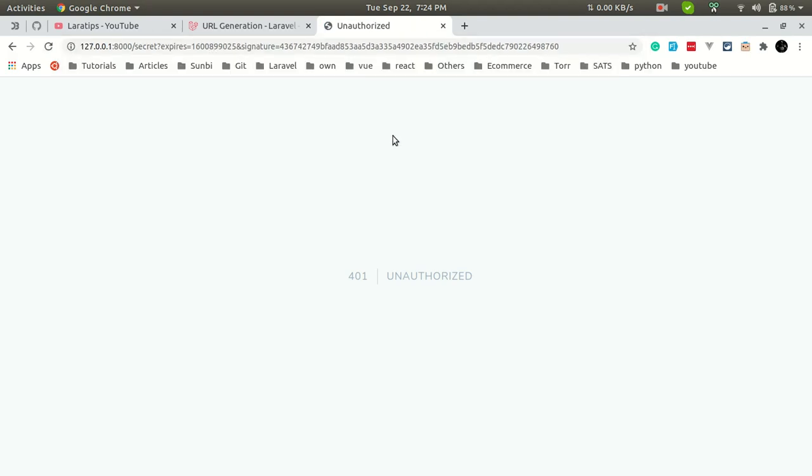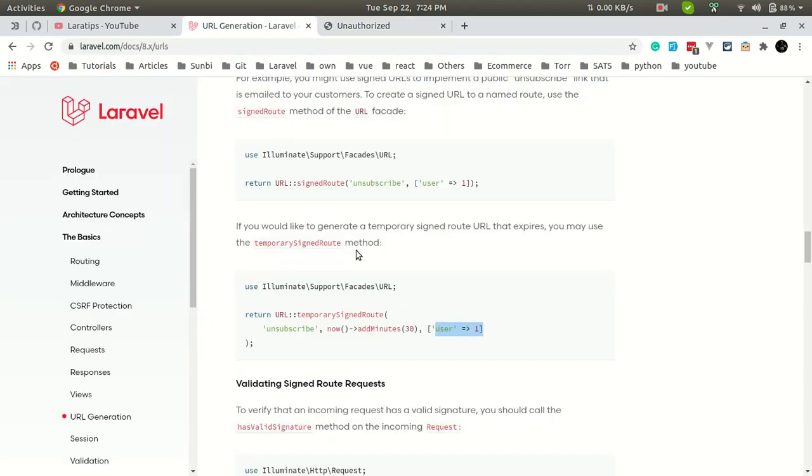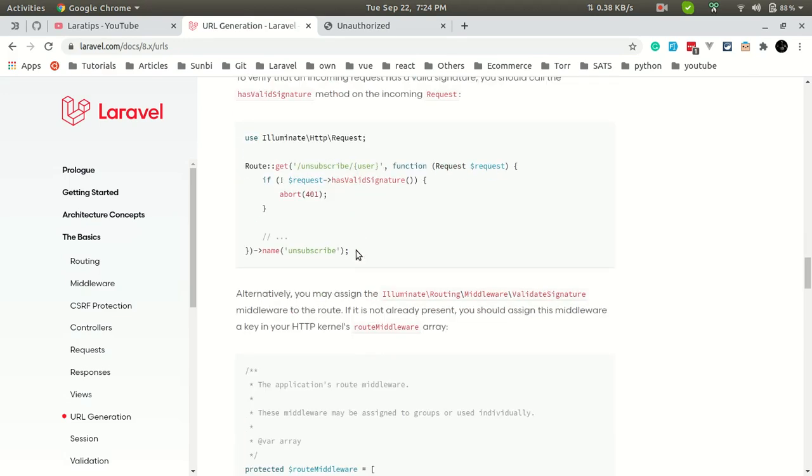And if I hit enter, they will also not be able to visit this URL, since this is also encoded inside this signed URL. So if anything is changed in this or this, the URL won't work. So that's it for this signed URL.